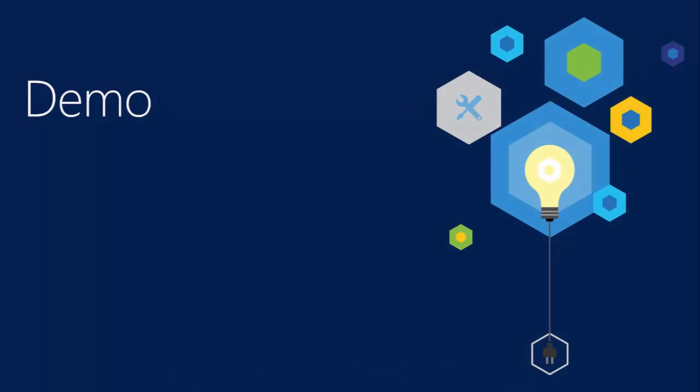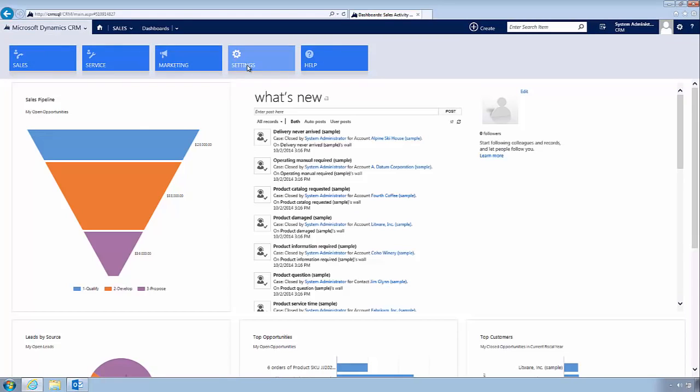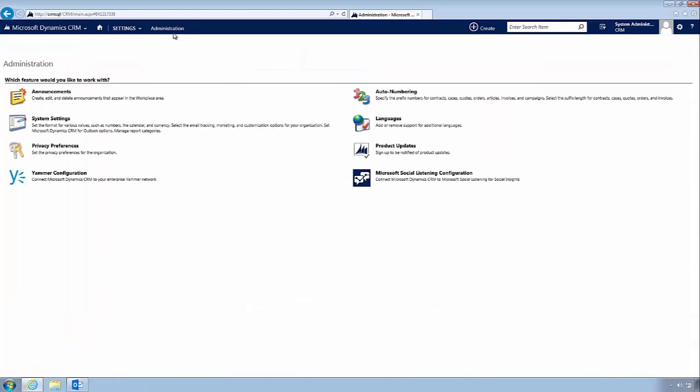All right, so let's take a look at a CRM 2015 environment and where you enable these features. Here I have a CRM 2015 web client that I'm logged into. I'm logged in as a system administrator in this deployment. So I'm going to go up to Microsoft Dynamics CRM, and I'm going to go to Settings, Administration, System Settings,